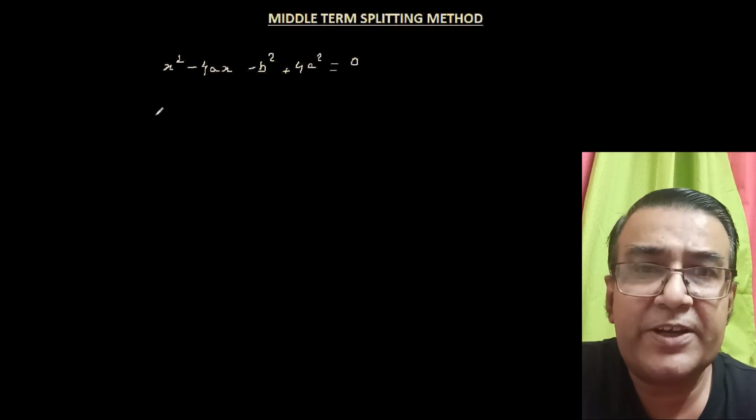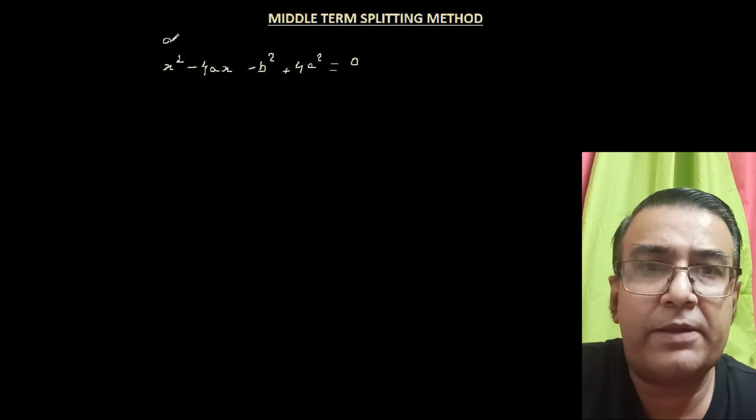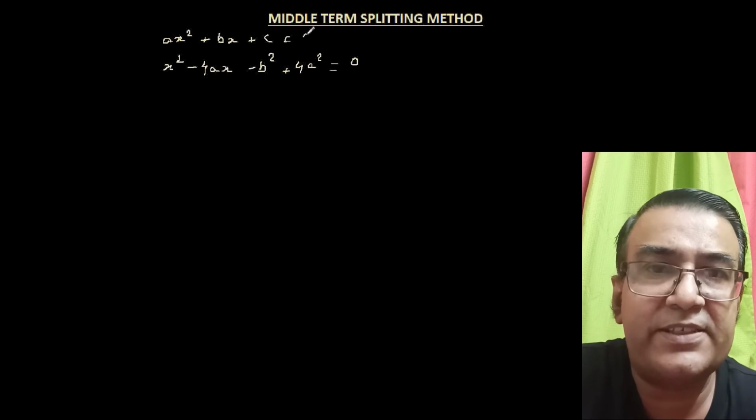Now doesn't it look tricky? How do we do that? Well, it looks a little bit tricky, but it's not very difficult. All we have to do is just apply the steps that we did just now and see what we get. So let's see if it is in the standard form first. The standard form is ax squared plus bx plus c is equal to 0.